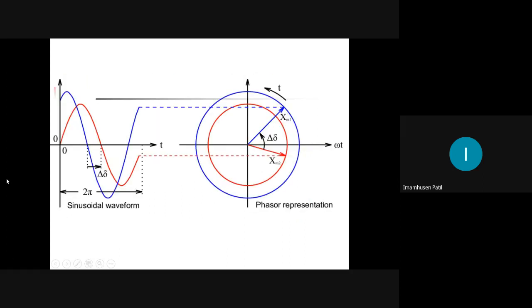Now we can see here, this is a sinusoidal waveform. Blue is one waveform and red is another. This is the magnitude of this one, and this is the magnitude of the outer one. This is rotating in this plane, and this is rotating here in this plane. That is the phasor representation. When it comes here, it is zero here. You can see the value at this point, this angle, the blue line will show this.